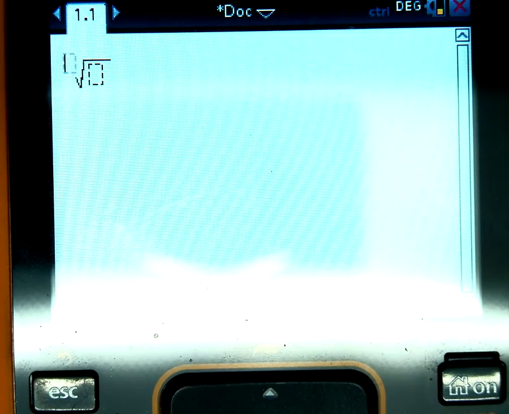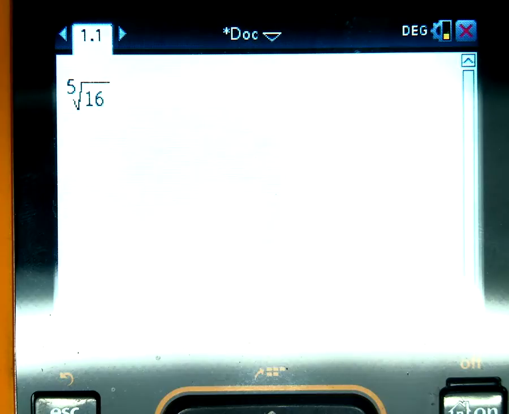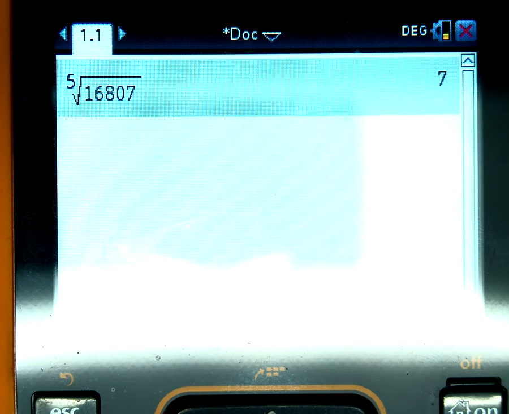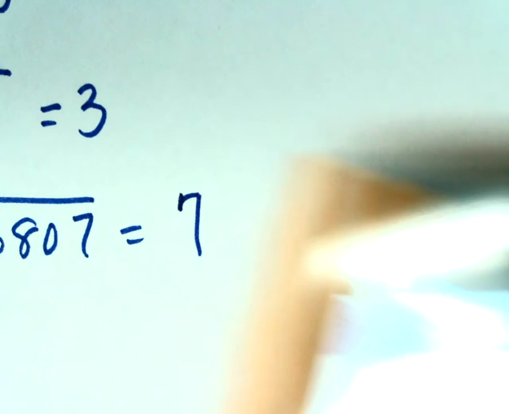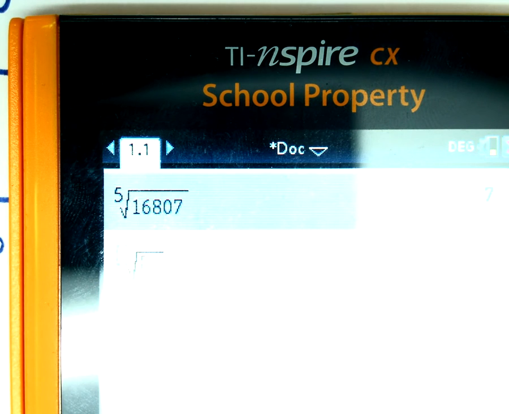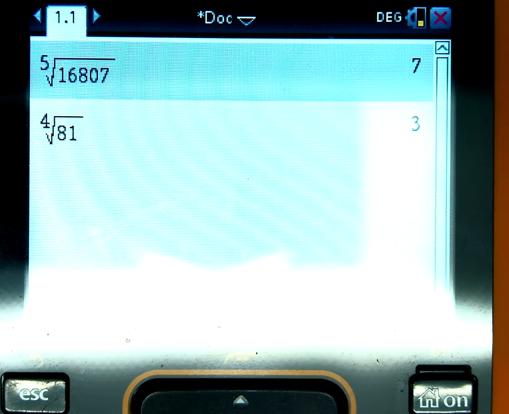So if I press that, Control up arrow, what I get looks like this. And I can put in the fifth root of 16,807 and just press enter. I could press in Control up arrow. I could press in fourth root of 81 and get 3. Yes? If you didn't know that you could take other roots besides square roots in your calculator, now you know,